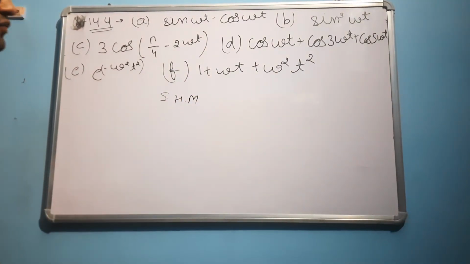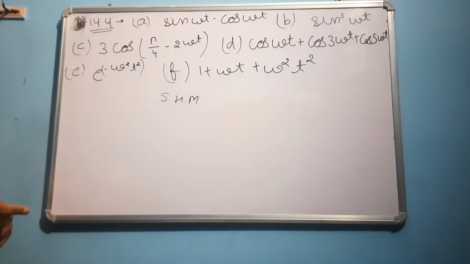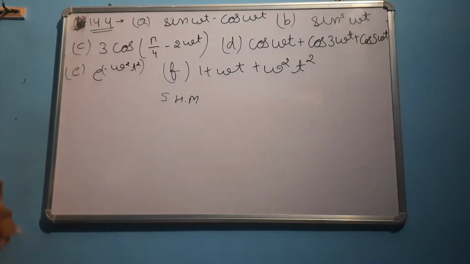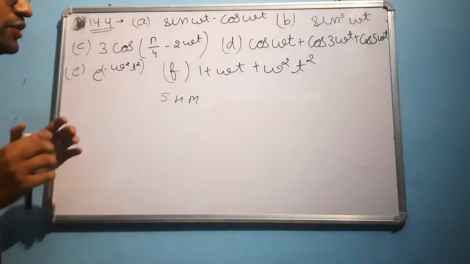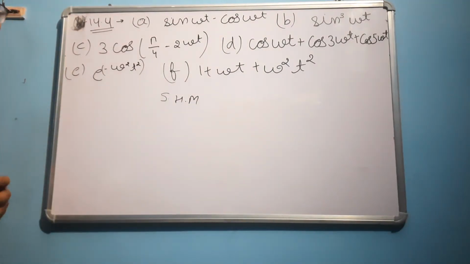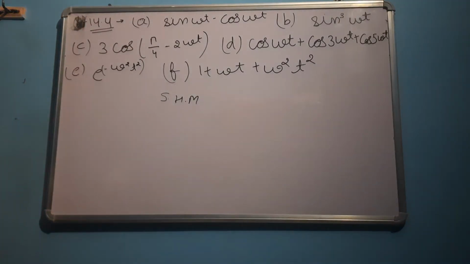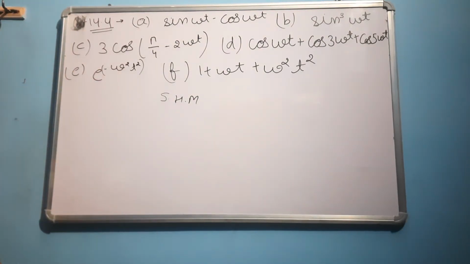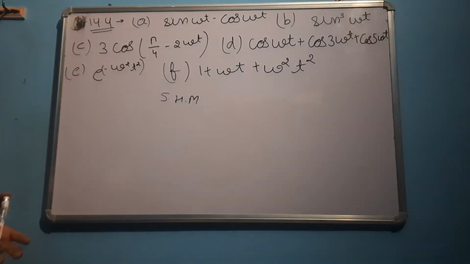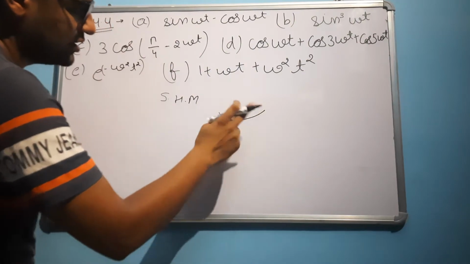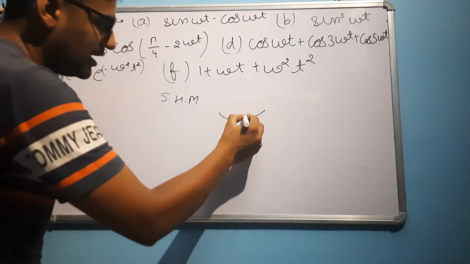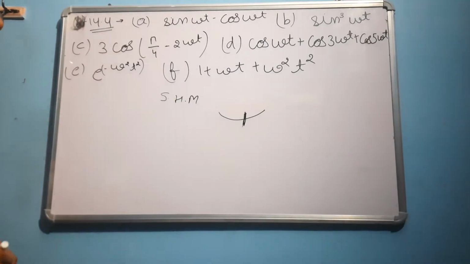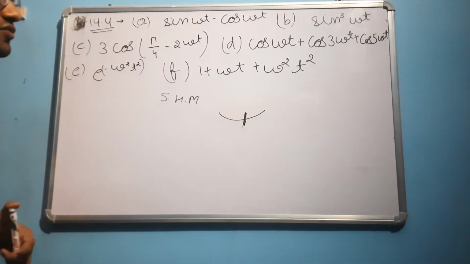So first of all, we should be aware of what periodic motion is, what non-periodic motion is, and what simple harmonic motion is. Periodic motion, as stated earlier, is motion which repeats after a certain, fixed interval of time. Simple harmonic motion is the to and fro motion, to and fro means आगे पीछे, along the mean position, which also repeats its motion after a fixed interval of time.